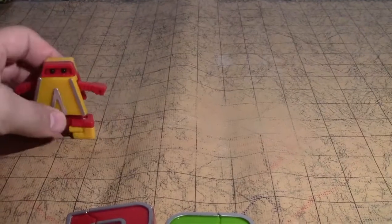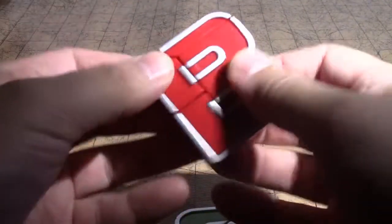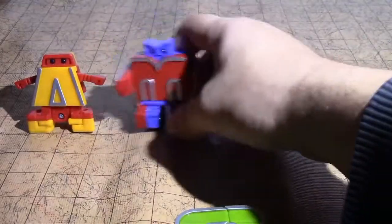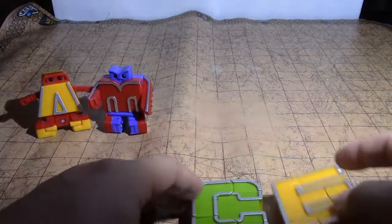All these robots combine together to form different robots of their own. I think it's A through I form one robot, J through Q form another robot, and then finally R through Z form the last robot. Zoom out so you can see all of them. That's A and B,